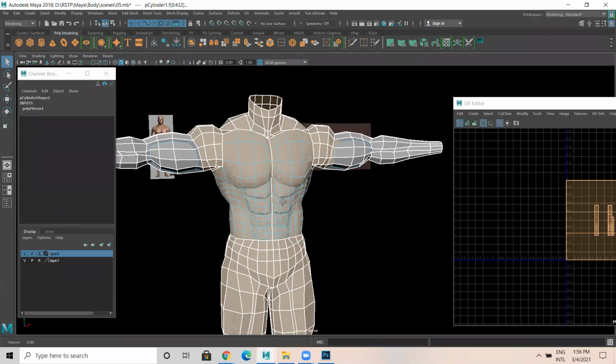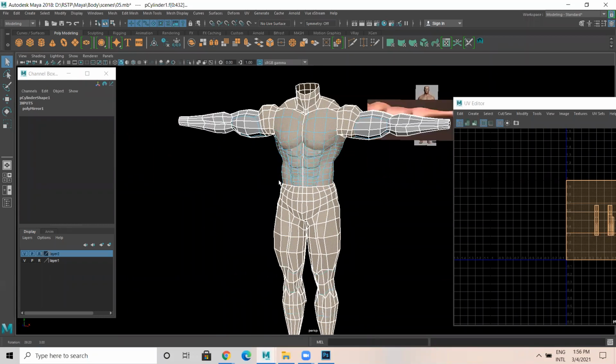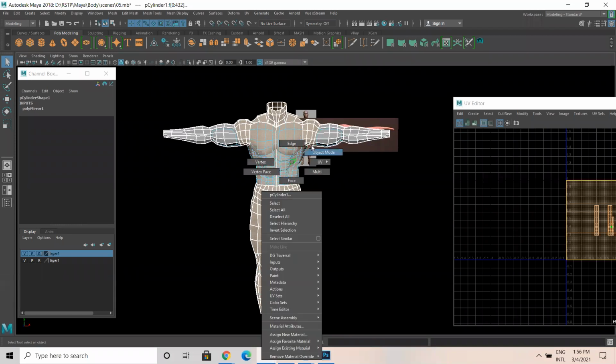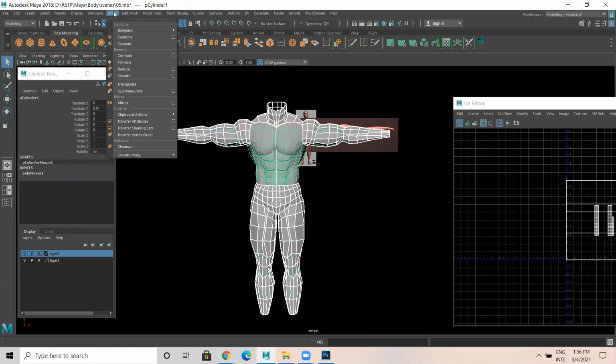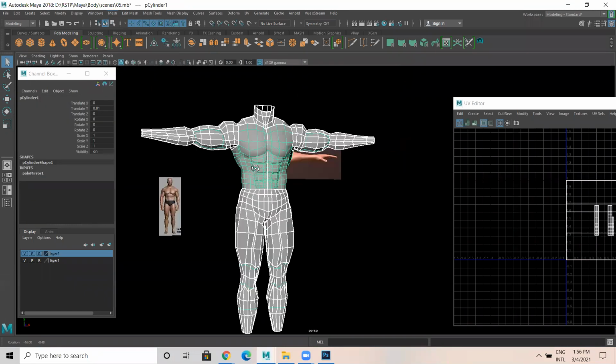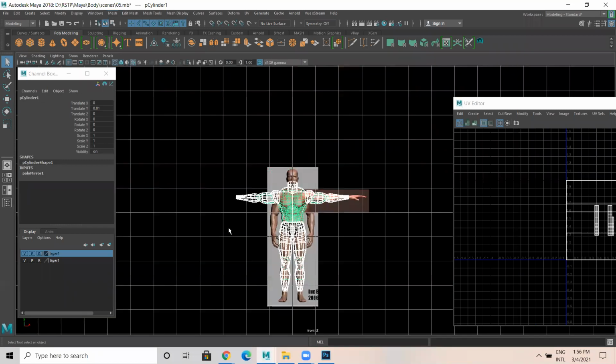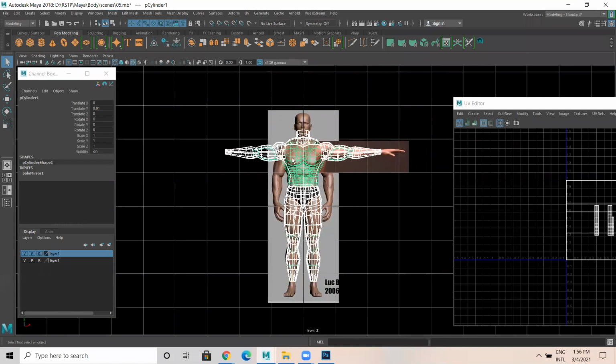Moreover, instead of doing unwrapping for the entire model, I'll just show you the simple way. First, go to mesh and, instead of mirror, let us cut the half part. Go to front view, delete the exact half.